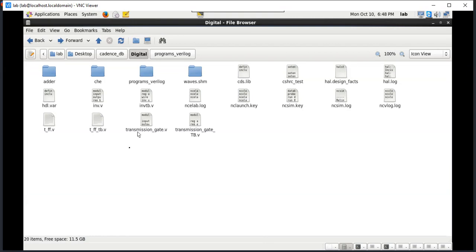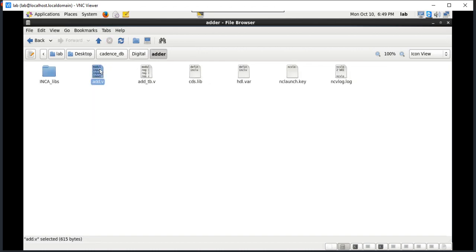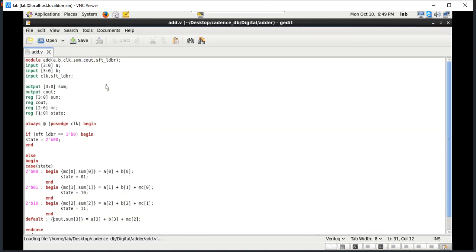Hello everyone. Today we'll start adder program, 4-bit adder. I hope you all remember the steps. So I'll show the program first. This is the adder program, 4-bit adder module, name of the module, and these are the inputs and outputs required